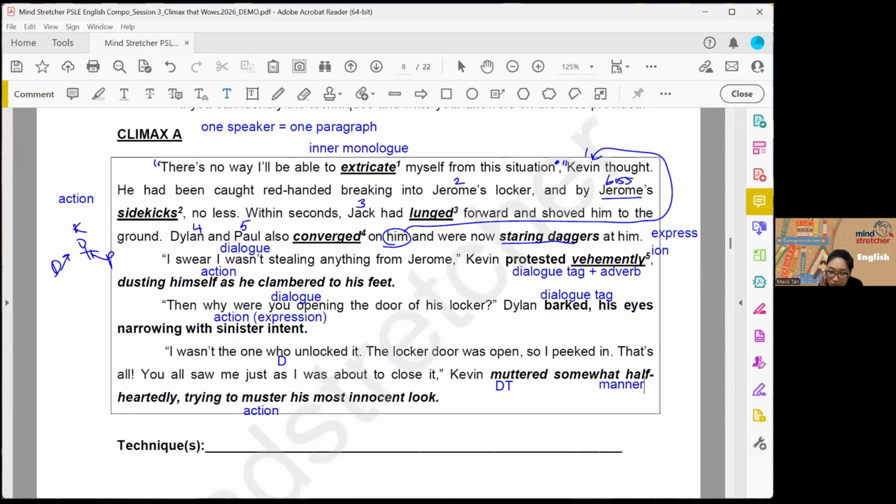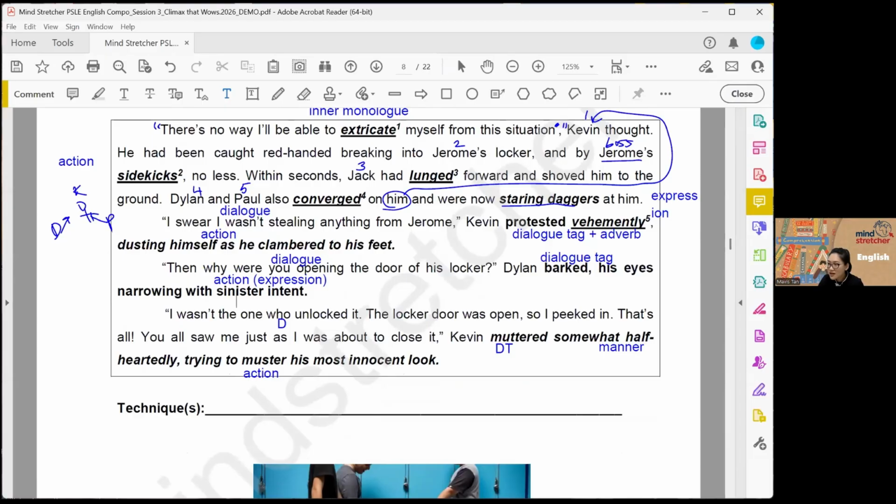So in your next composition, students, for our upper primary that is coming up soon, okay? Try to do this for dialogue. Don't just write he said, she said, he said, she said. Make sure that there are actions, okay? So the techniques here are internal monologue, inner monologue, dialogue, show not tell, actions. There are also precise verbs, not just he said, she said. Precise verbs, precise text, actions, okay?